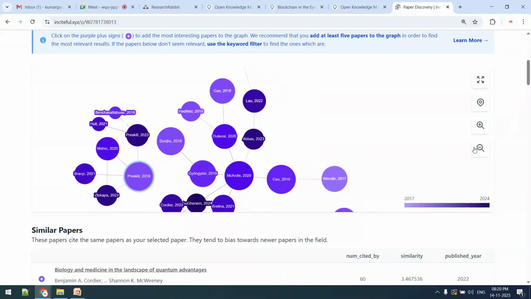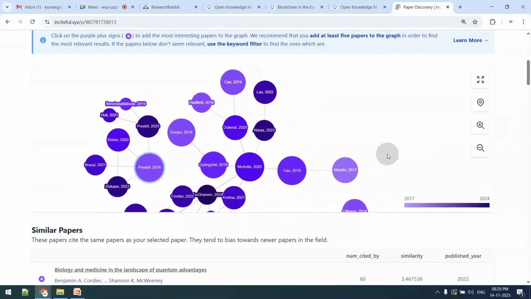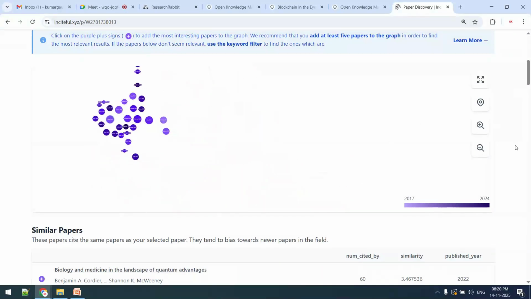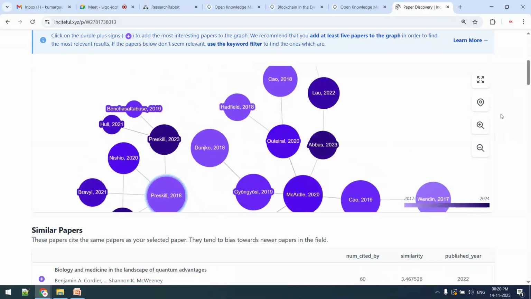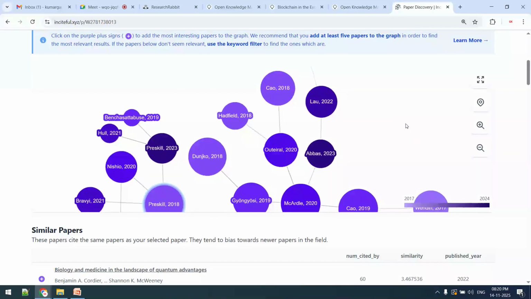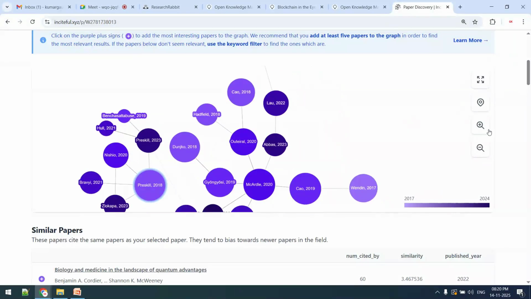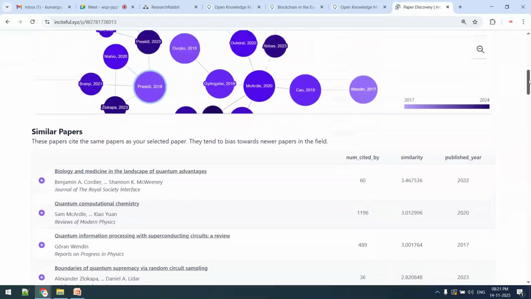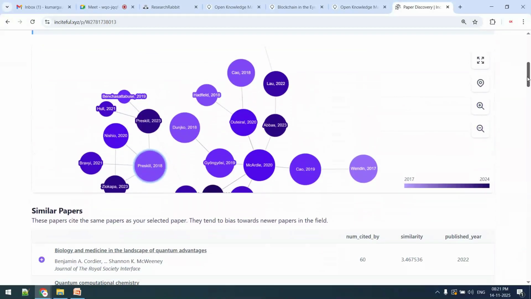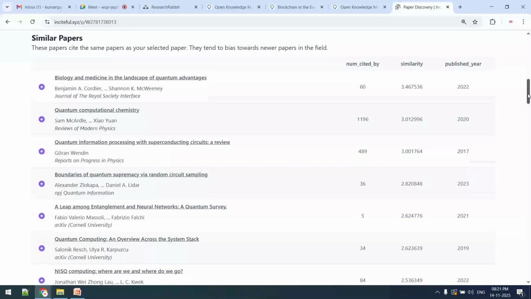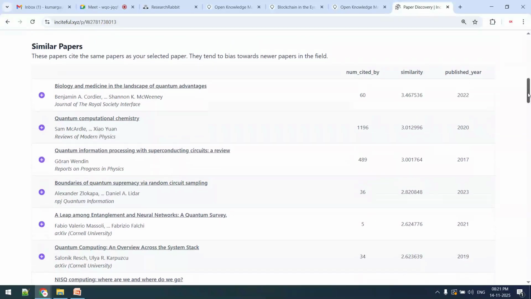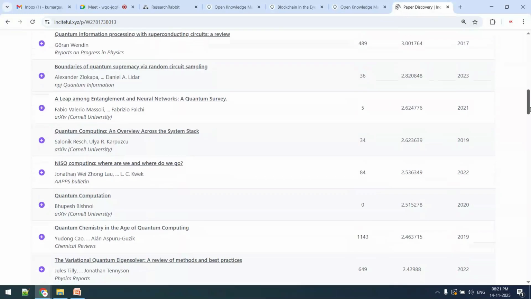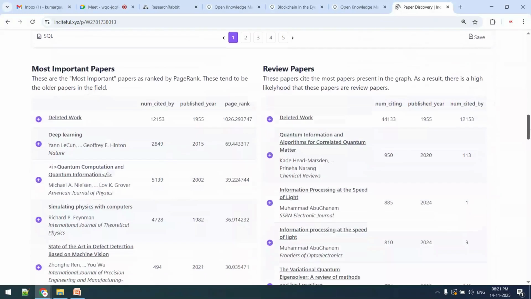You might have heard one term that is known as bibliometric analysis. So if you are writing a paper related to bibliometric analysis, you can use this graph. Okay, bibliometric analysis means we are analyzing a complete bibliography, a complete network of a specific paper. Okay, so this one. And many authors, many academicians take results, take graphs from these platforms, and very easily their work is published. Okay, so you can see similar papers, most important papers related to this work, review papers related to this work,